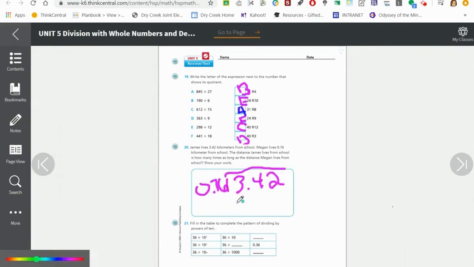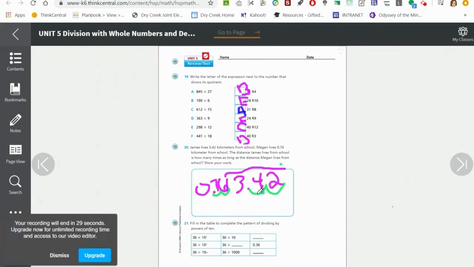Okay, so I wrote 3.42 divided by 0.76. First thing I have to do is multiply this by 100. I need 2 shifts. So I got to multiply this by 100 and make it 2 shifts and bring up my decimal. Then I'm going to see how many times 76 doesn't go into 3, doesn't go into 34, so it must be into